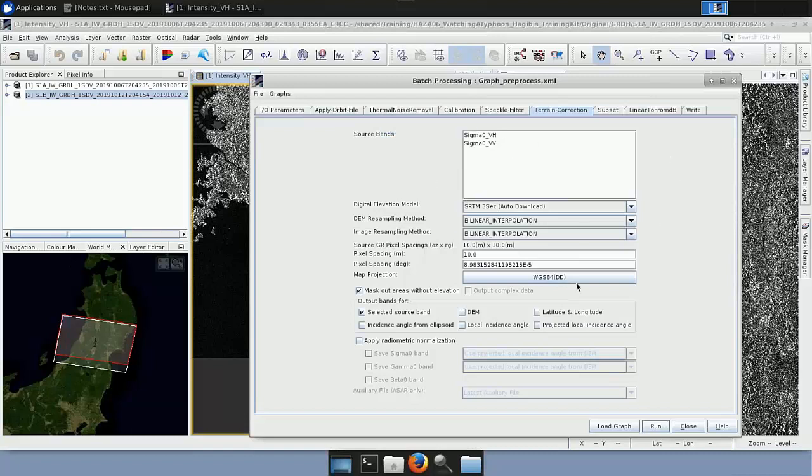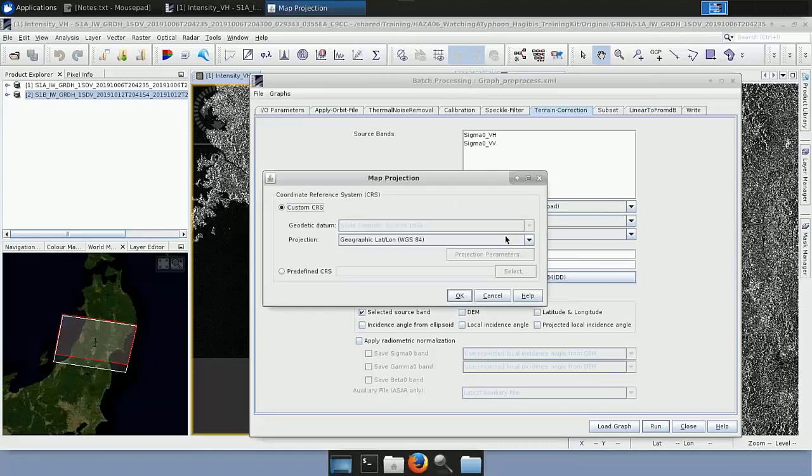What we want to do here is change the digital elevation model to SRTM 1 second, which is higher resolution than the 3 seconds, and also better represents the coastal areas. The SRTM 3 seconds unfortunately does not cover all the coastal areas well, and basically causes them to be lost. So we will select the SRTM 1 second, and then we go to the map projection,